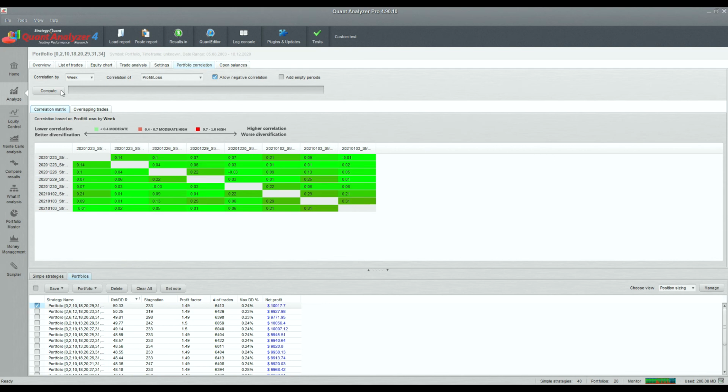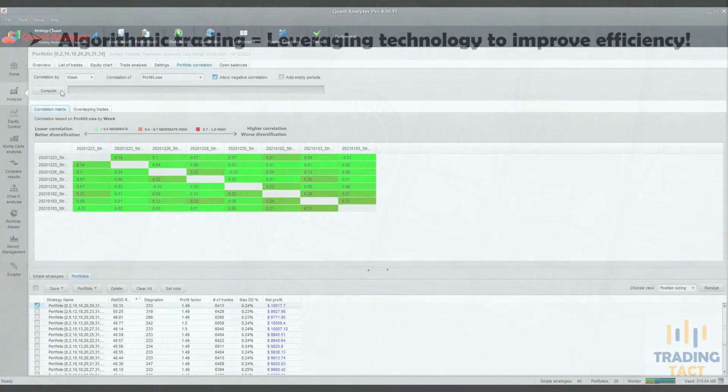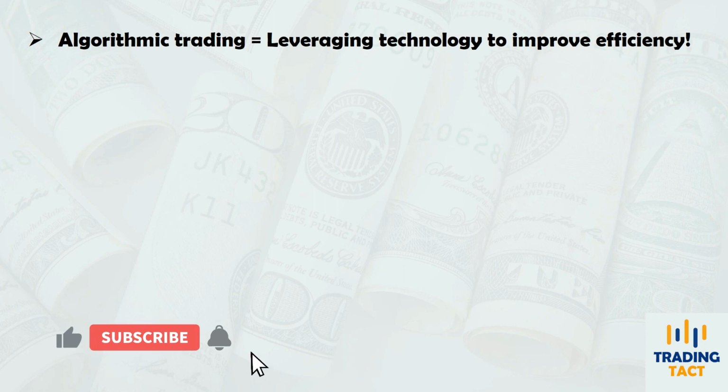Correlations do shift over time, however. The correlations above were computed over the entire 17-year history. Over that period, there may have been shorter periods of time when the strategies were more correlated. If you are concerned about how correlations may have shifted, you can recompute the matrix above using a more recent historical period. The ability to efficiently trade a diversified portfolio of strategies is one of the biggest advantages of algorithmic